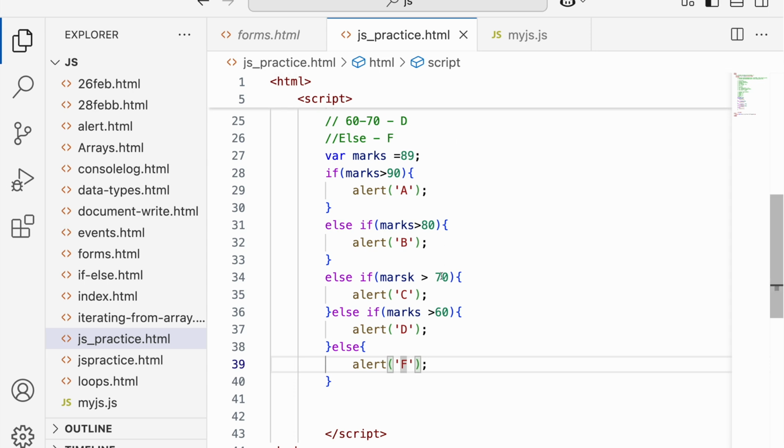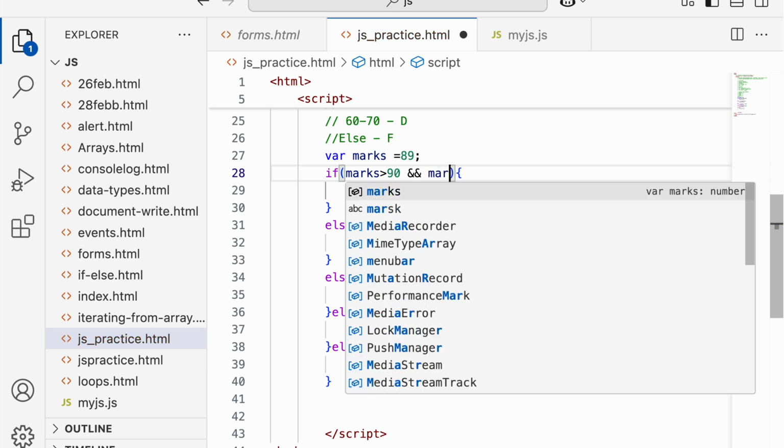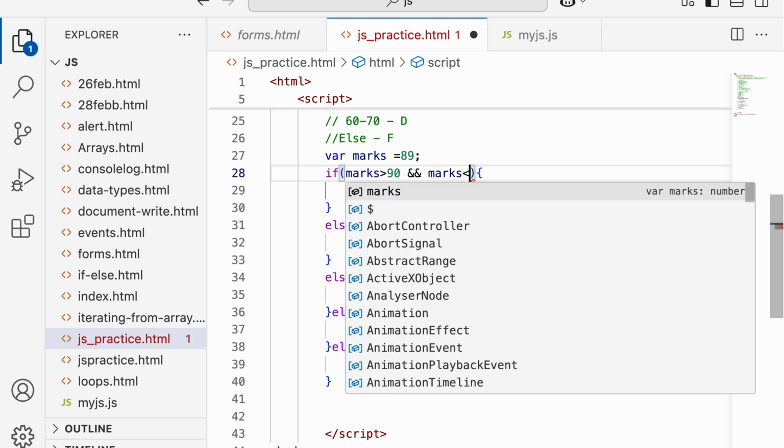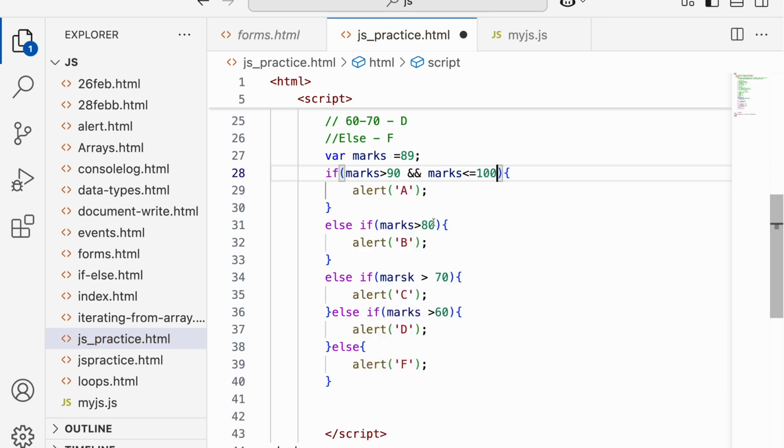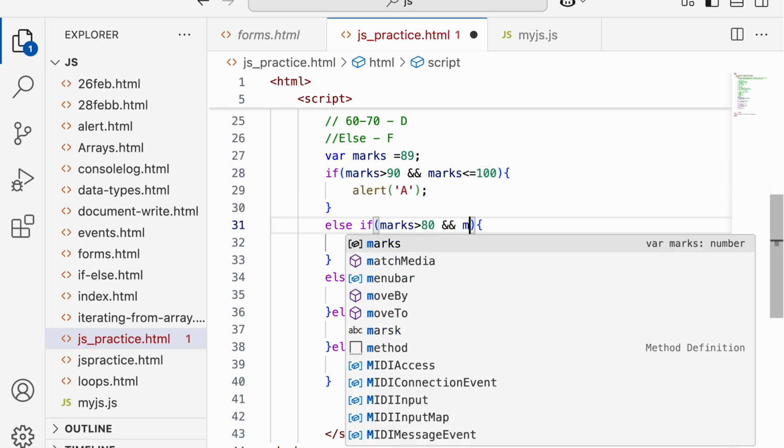So these are chain conditions, but without gaps. We can also convert this program for more readability into logical operators, using the AND operation, because we have a range here. If we have a range, then you can also use logical operators, that will be marks less than or equal to 100 here, and here that will be marks